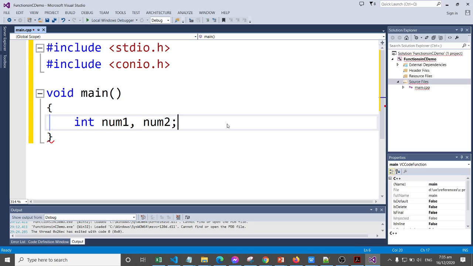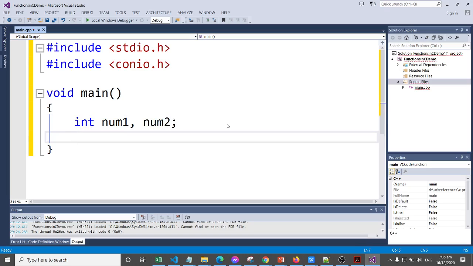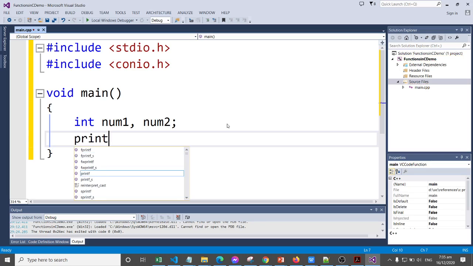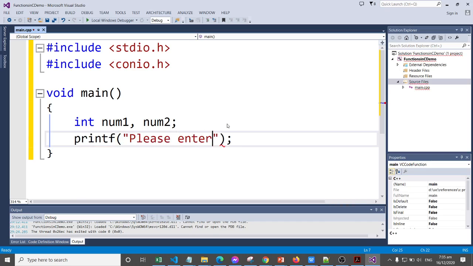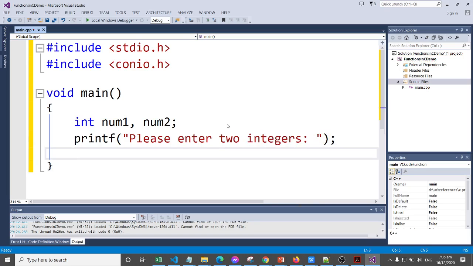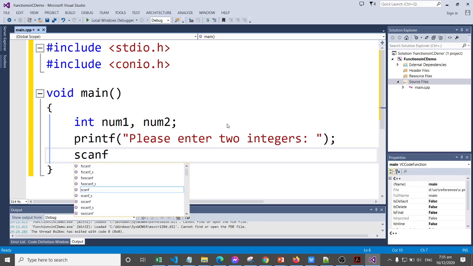Okay, so here we're going to instruct the user to enter the two integers. Please enter two integers, and we're going to assign.